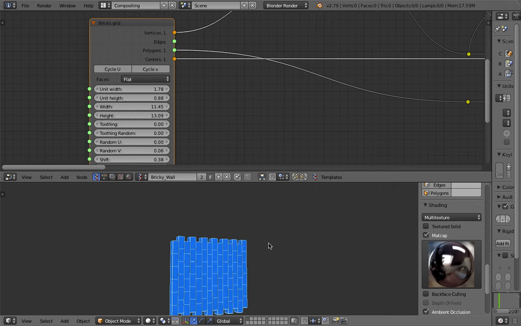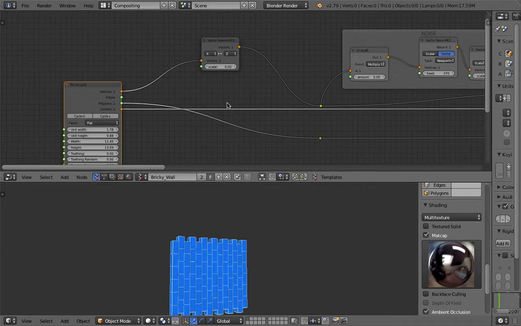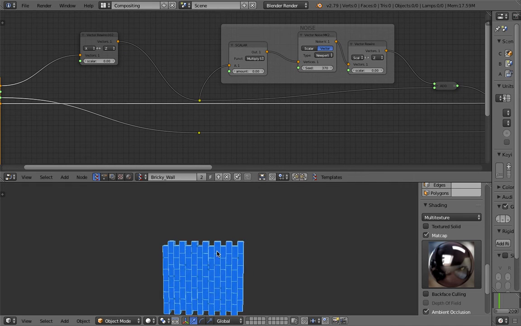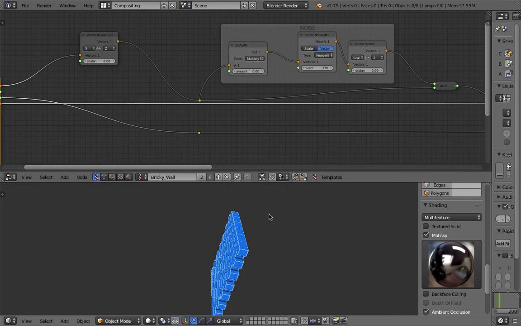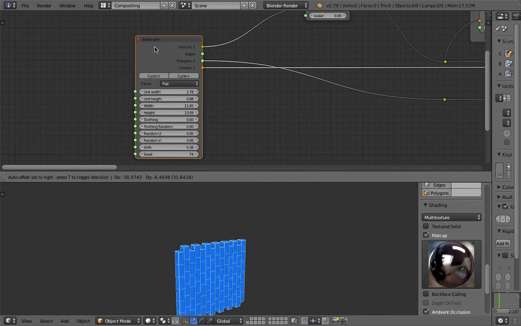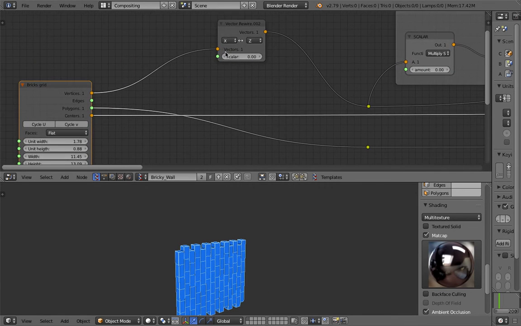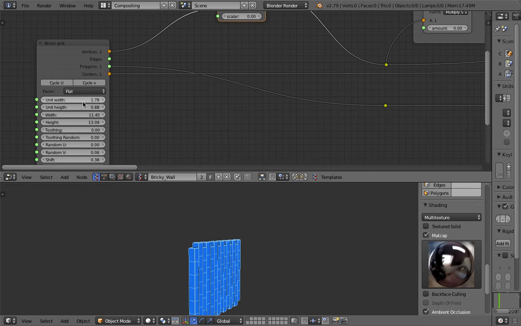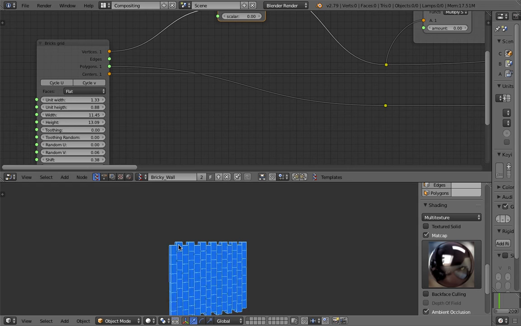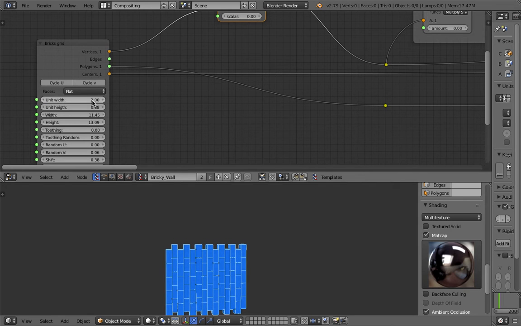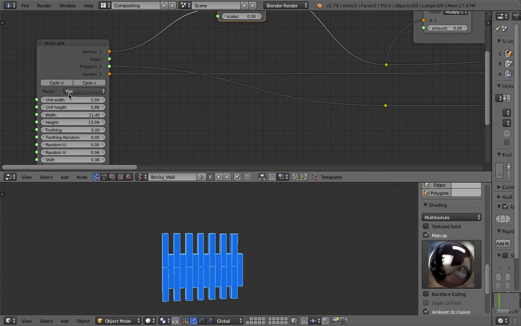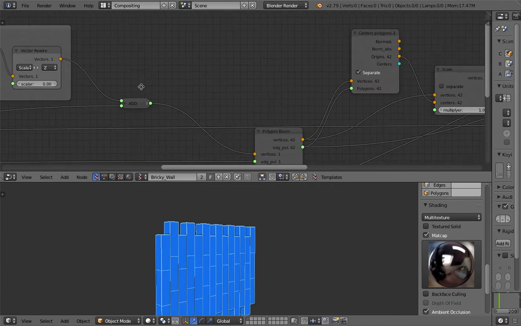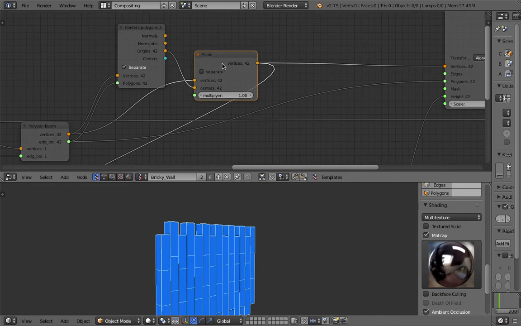So let's continue from the previous node setup. Basically, I made slight changes, turning the building setup into just a normal brick setup. We start with a bricks grid, and then what I did here is rotate it sideways, and we still have the brick setup here that you can definitely modify just like a normal brick, and all the way back here